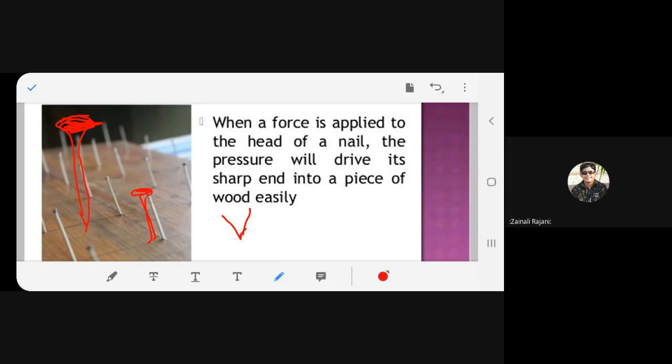So when you apply a force, a pressure is created on the tail end. So it takes not much of an effort to drive it in the wood. So easily it goes inside the wood. But if I do like this,